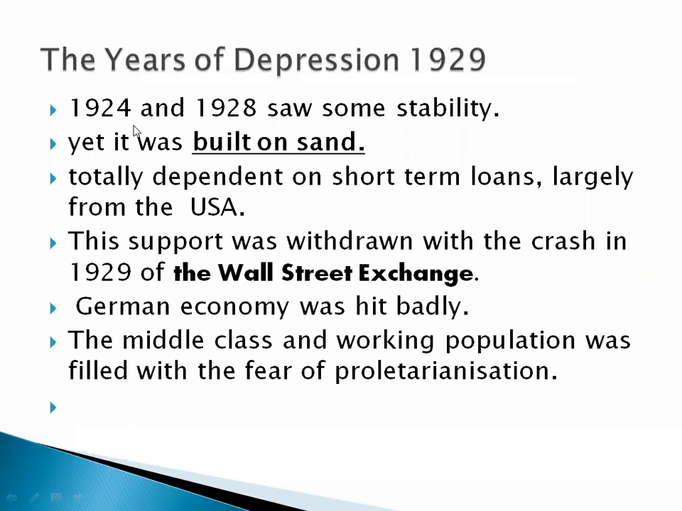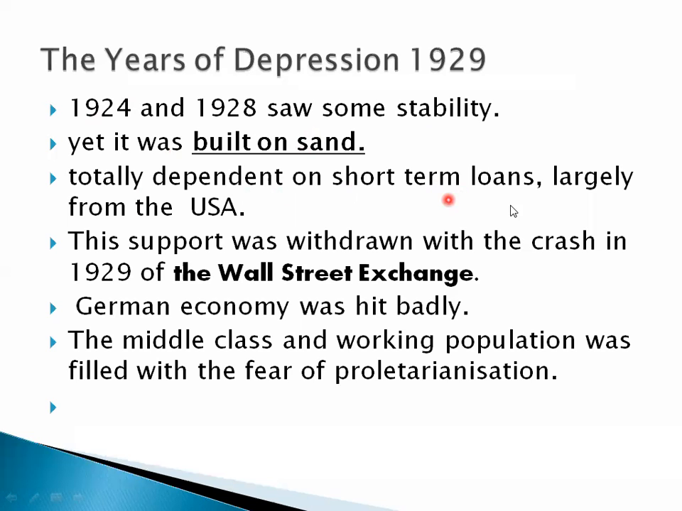The years between 1924 and 1928 saw some stability. In the years 1924 to 1928, there was some stability in the economy of Germany, but it was built on sand. It was not permanent. The changes which were seen here were temporary because the German economy was totally dependent on